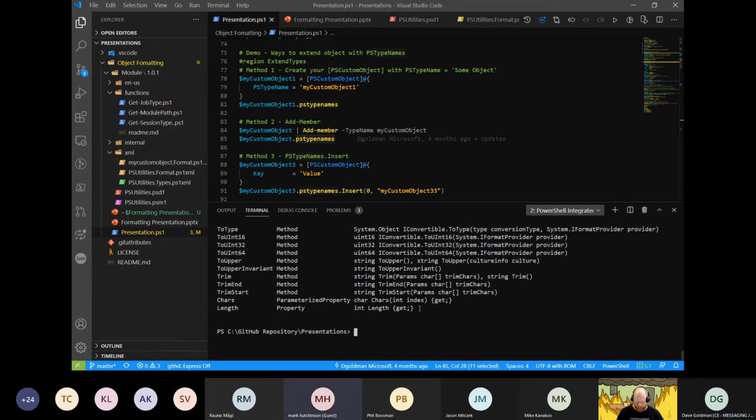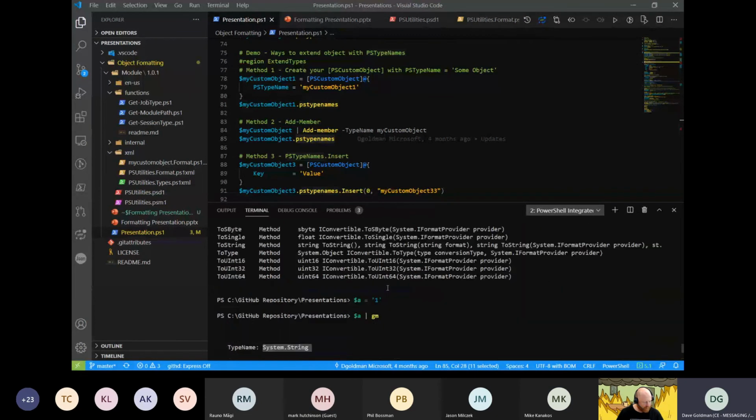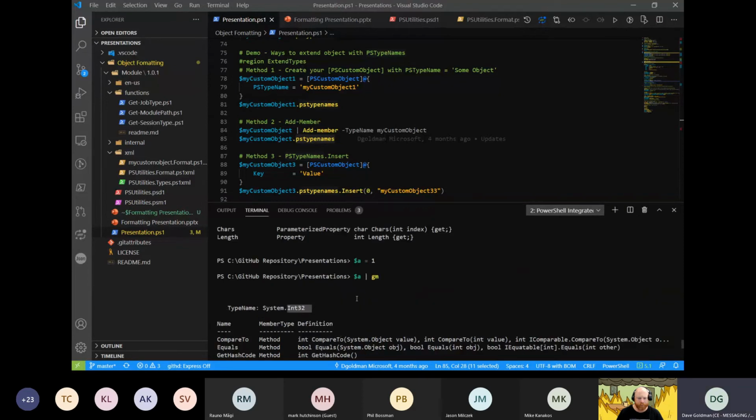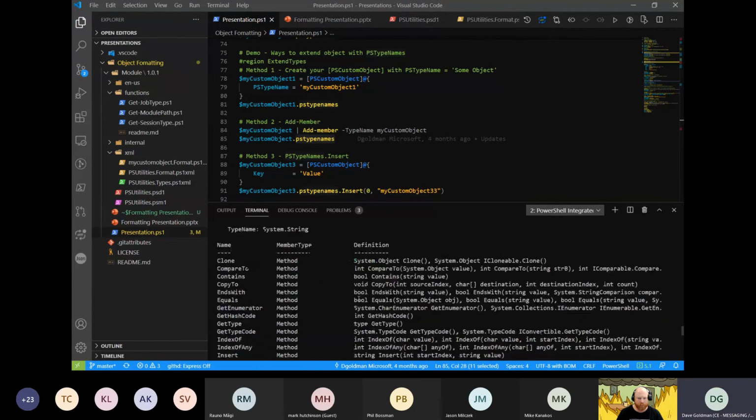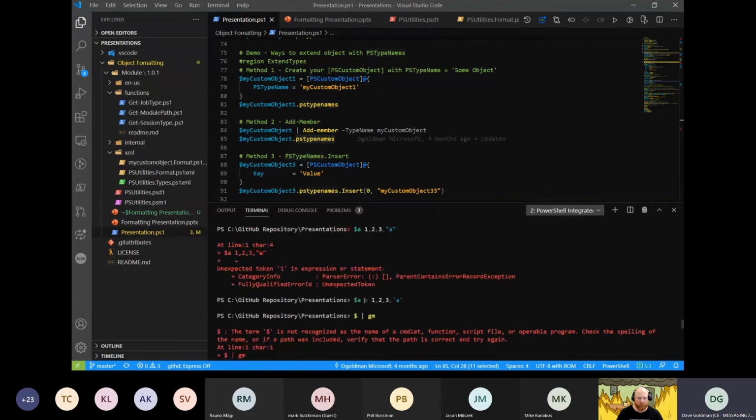I first encountered this when doing a get child item where I didn't specify either files or directories, and putting that through get member shows me a files type and a directory type. Yep, because it doesn't flatten the collection. So now it says, okay, every different object type, let's display something, which is what you see here for that collection, where I have the system string and I also have ints in there. And this is what we defined.